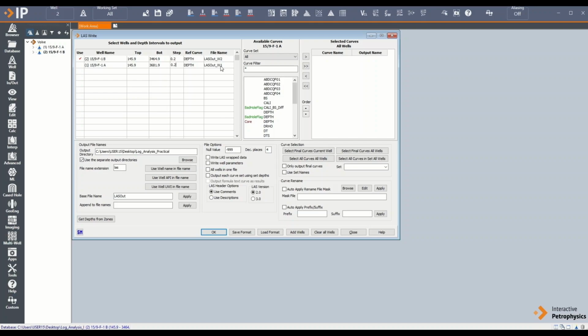Then if we want to export, look at these, there is available curves and there is selected curves. So whatever is available will be displayed here, and whatever you want to export should be first pulled here and then exported. Okay, so let's look at how to do that. So we want it for well B, correct? Okay. So for well B, let us choose the